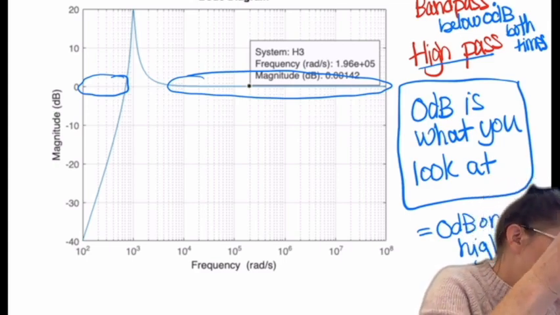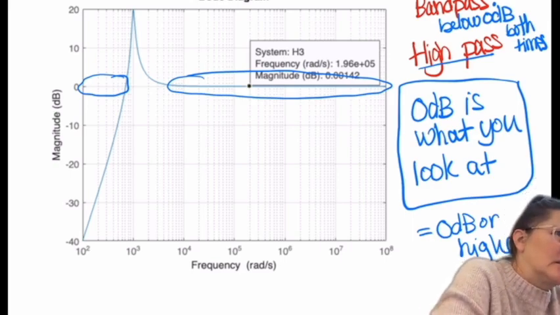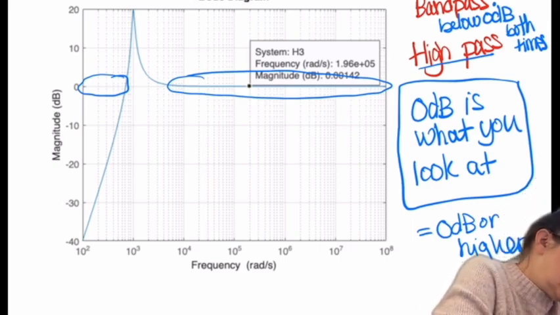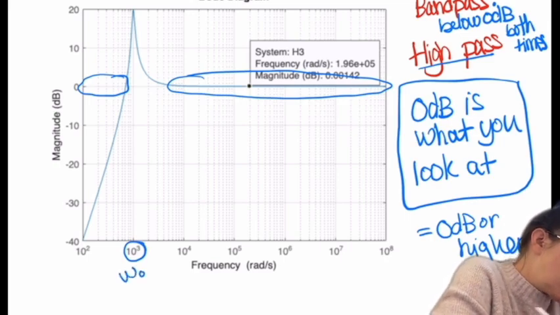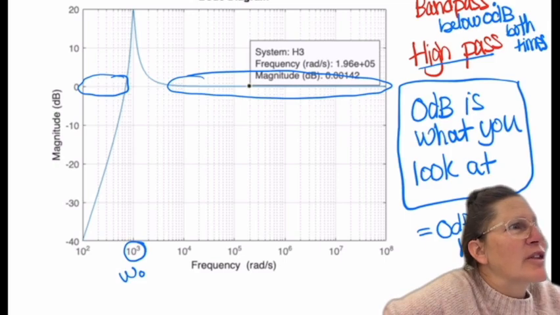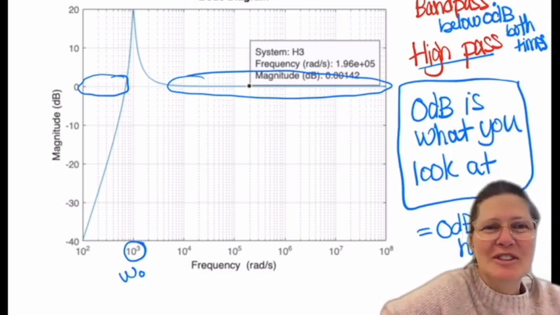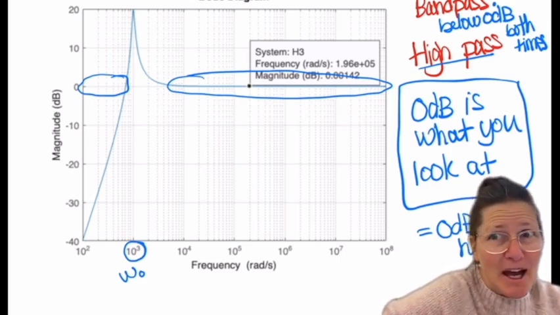It could actually be used as a bandpass for what frequency? So that would be your omega naught resonant frequency. So you would say 1,000 radians per second. I had to look at what units was on this one. So you could argue that it's actually a bandpass,